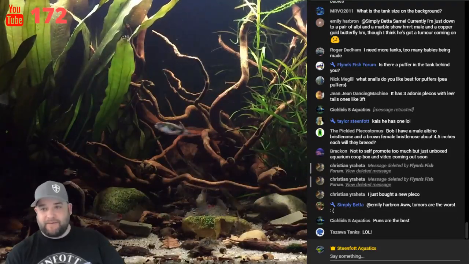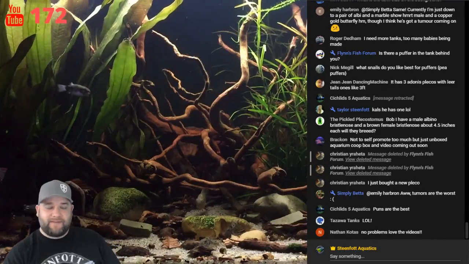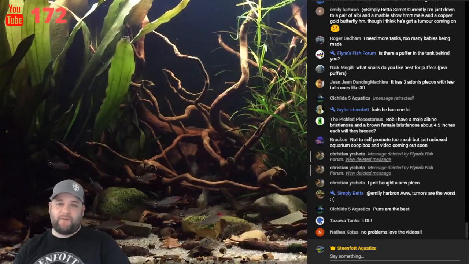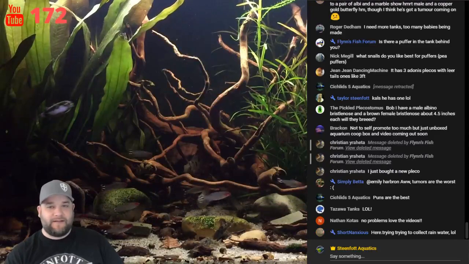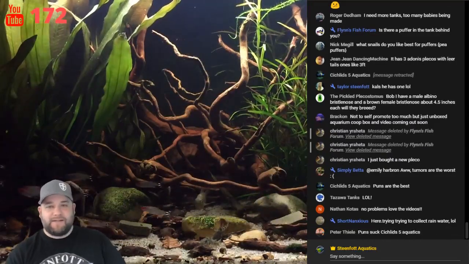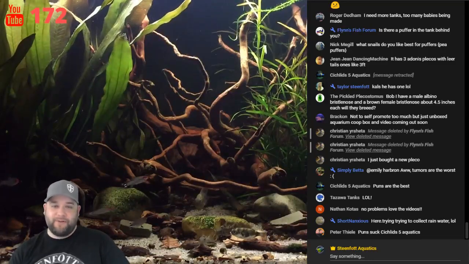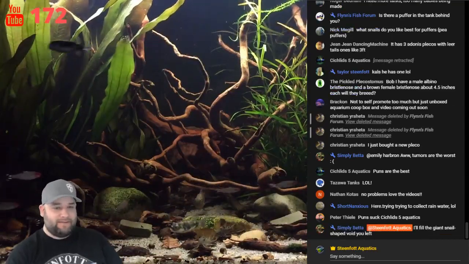I've never seen an Adonis Pleco in real life, not even a small one. But that is a fish that I would love to have, but I know I would never have a tank big enough for it. Can you imagine a nearly 4-foot long Pleco, the kind of poop that thing's going to produce? Ugh.